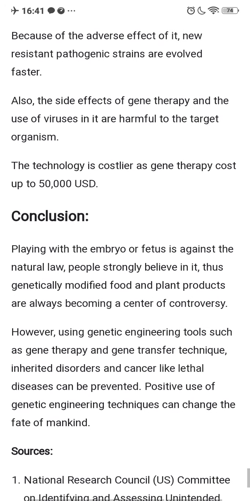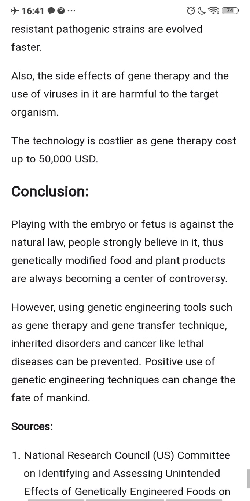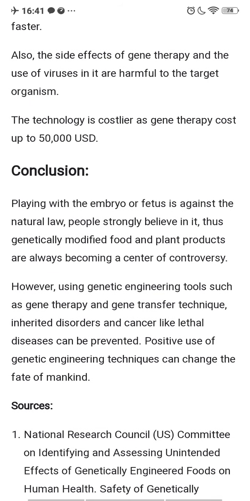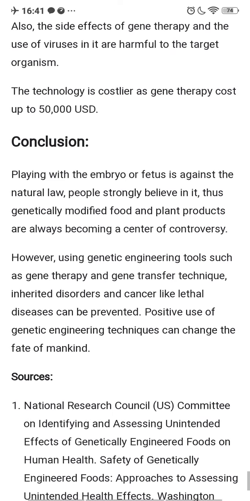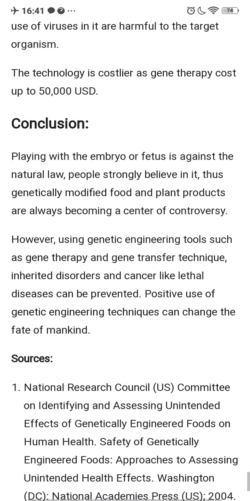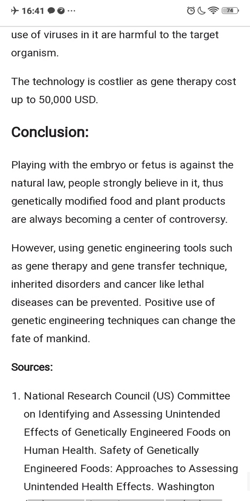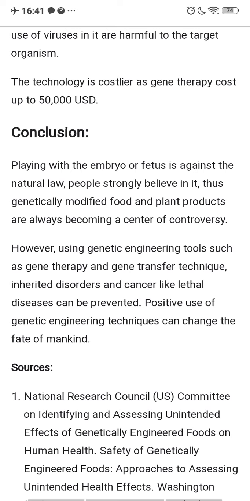Playing with the embryo or fetus is against natural law. People strongly believe in it. Thus, genetically modified food and plant products are always a center of controversy. However, using genetic engineering tools such as gene therapy and gene transfer techniques, inherited disorders and lethal diseases like cancer can be prevented. The positive use of genetic engineering techniques can change the fate of many